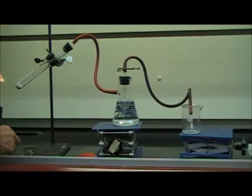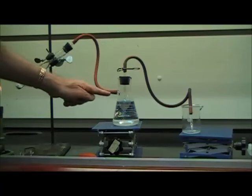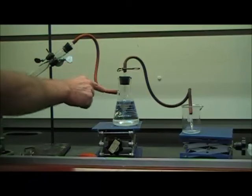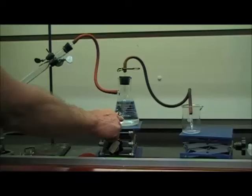Reduce the gas down some. Don't need a very hot flame at this point, just a small flame will do. And now what we're going to do is watch the level in here, and when I start heating the potassium chlorate, as I said, oxygen is going to come over, it's going to force the water down in that container